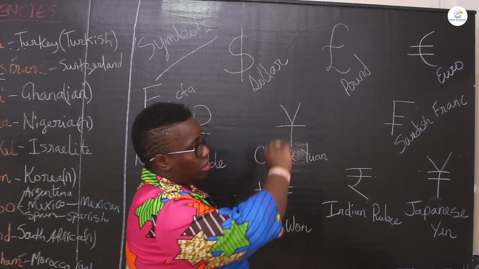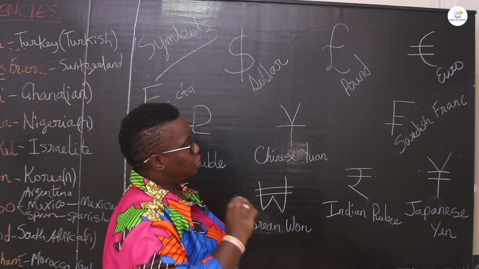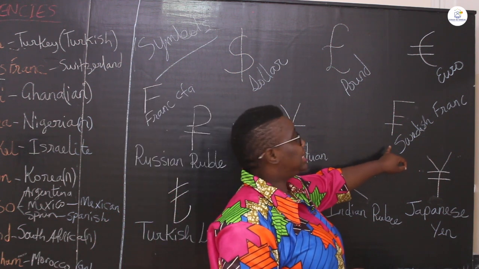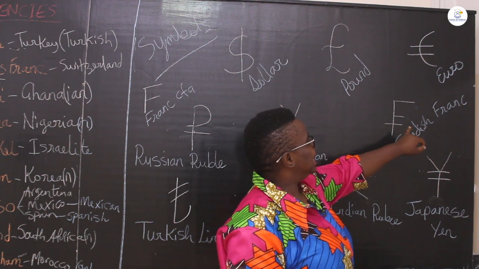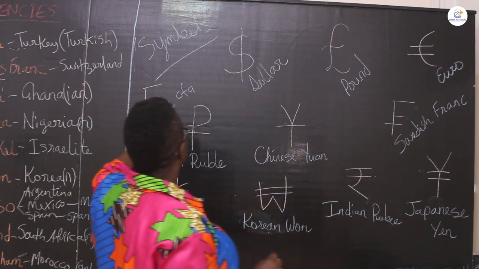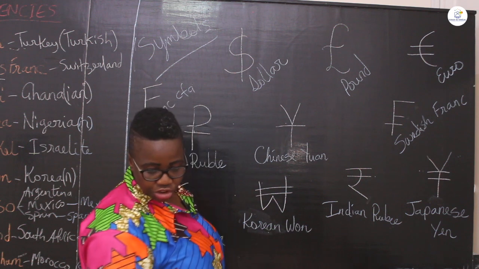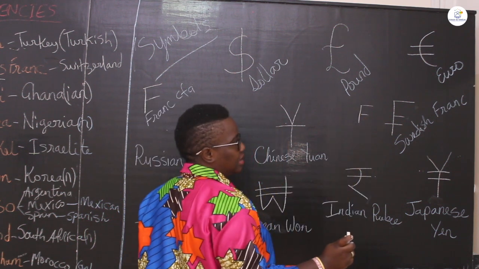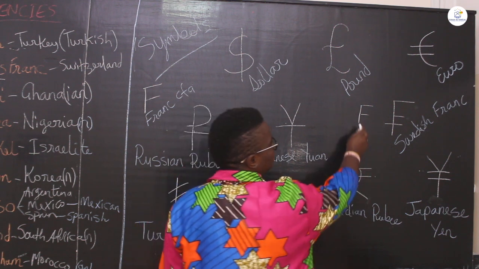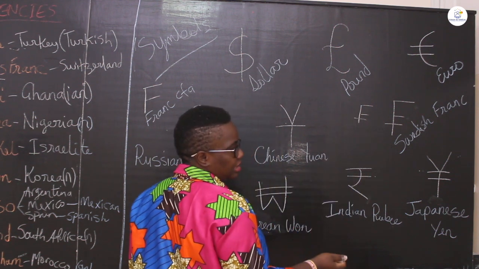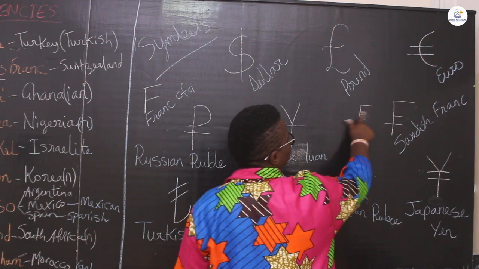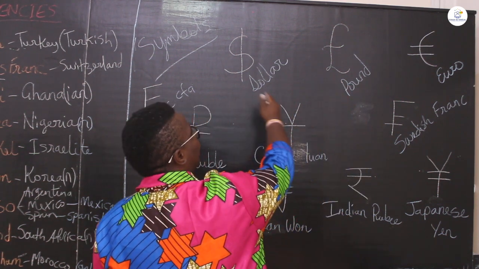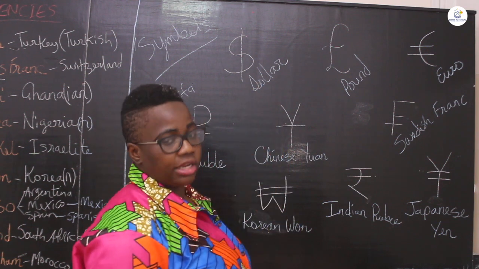You see the form of an R, and then with two signs. Of course, you see the Swedish franc. It's a capital F, and then you have a slant again underneath. Whereas the French is just this. That's it. But then the Swedish has another slant underneath. Okay, so that's the Swedish franc. You just see the sign, and of course you have the pound, you have the euro, and then you have the dollar.